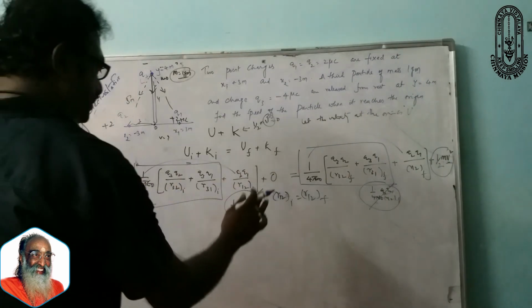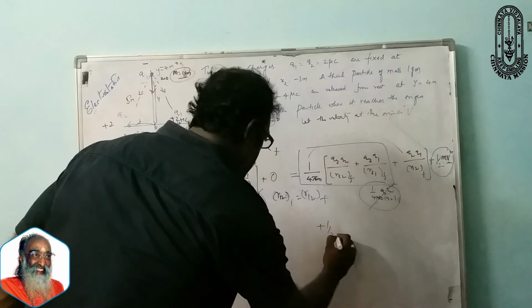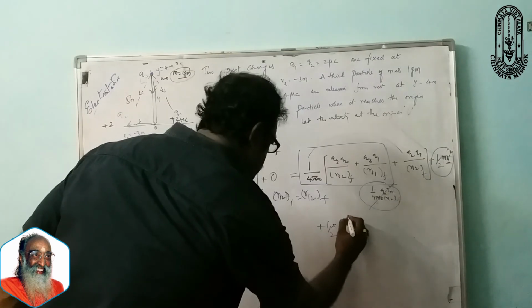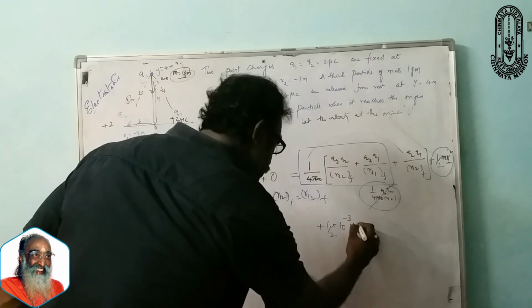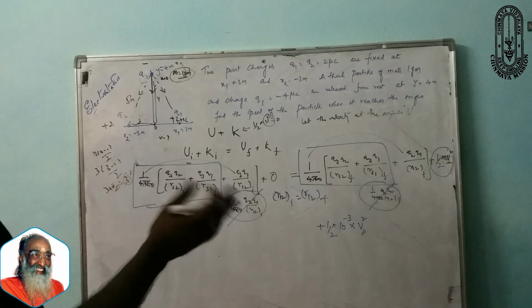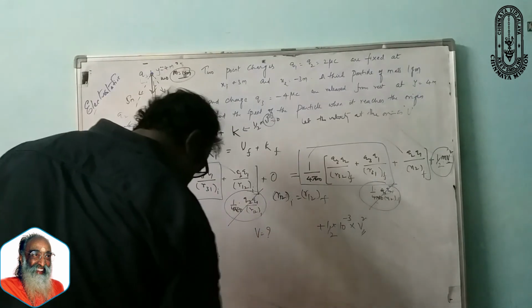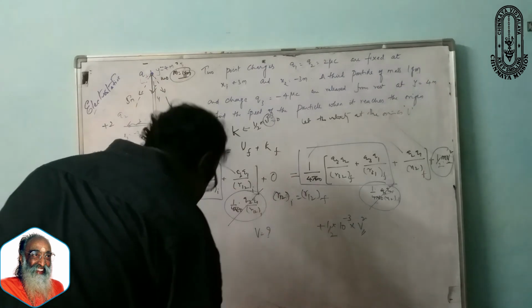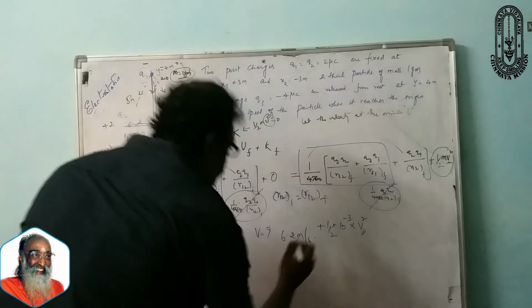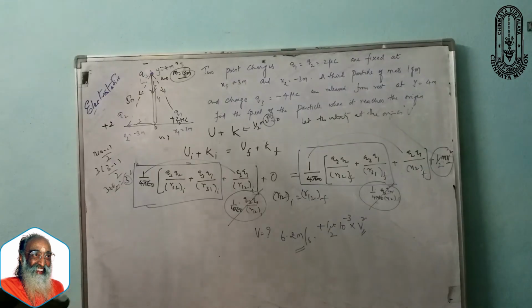You can calculate this, and here in the half mv square, what is the mass? 1 gram. 1 gram means it is 10 to the power of minus 3 kg into v square. This you don't know, just pick the variable like that only. Remaining everything can be calculated, and from there you can extract this v value, and we are going to get the v value as 6.2 meter per second. You check the answer once, you can make the calculations easily.